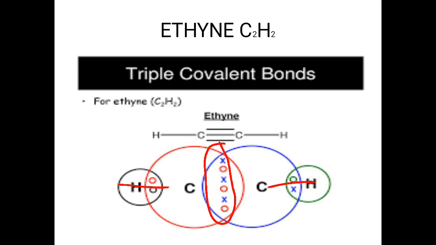So here you see, when atoms mutually share their electrons, they form covalent bonds, and it depends on how many electrons are shared between them. It decides the type of covalent bond. When only one pair of electrons is shared, it's a single covalent bond. When two pairs of electrons are shared, it becomes a double bond, and when three electron pairs are shared, it is a triple covalent bond.